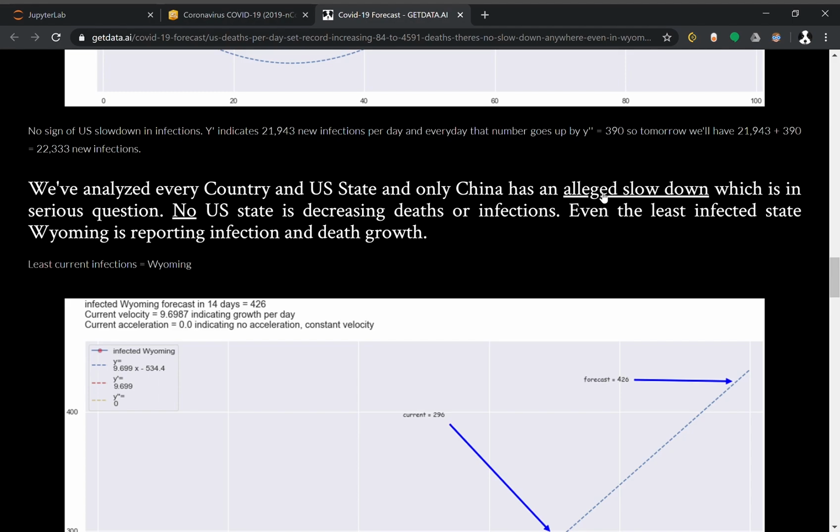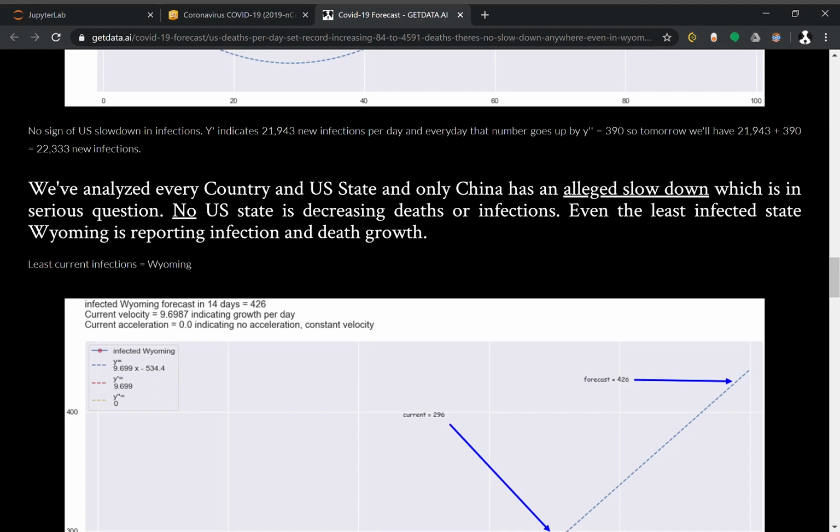And that's an alleged slowdown. You can go to get data and look at why we think it's not a slowdown, because we can't trust their reporting. Nobody knows what is going on with China's reporting. CIA has come out and said publicly that there are issues with their reporting. It's in the news that the United States government is investigating China's reporting. We just don't know what is happening there. So